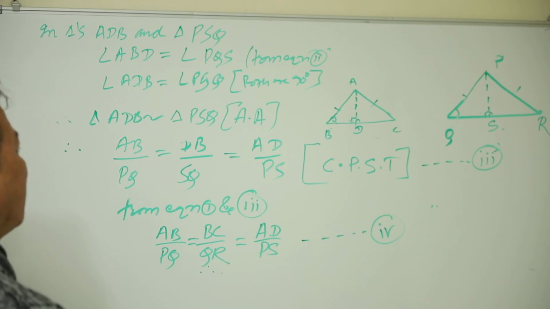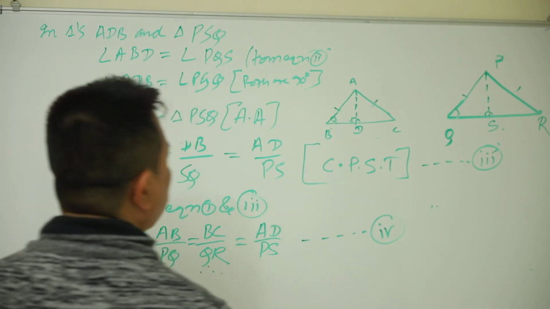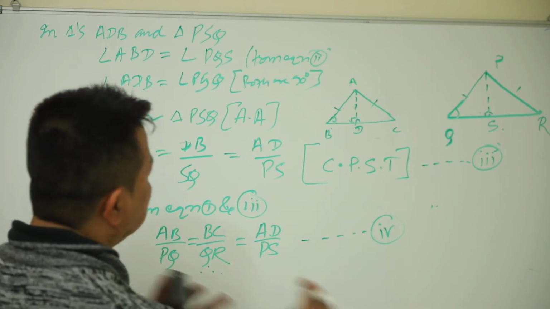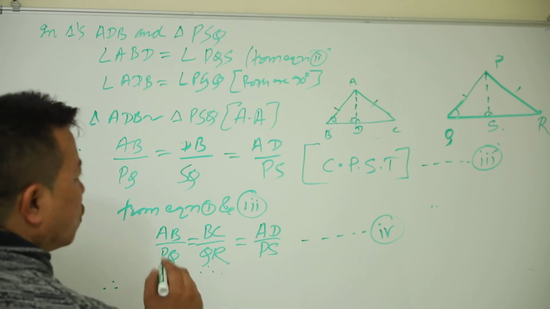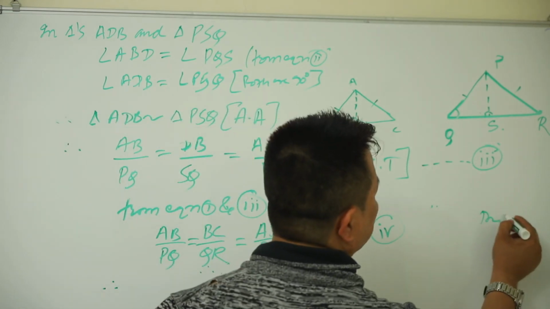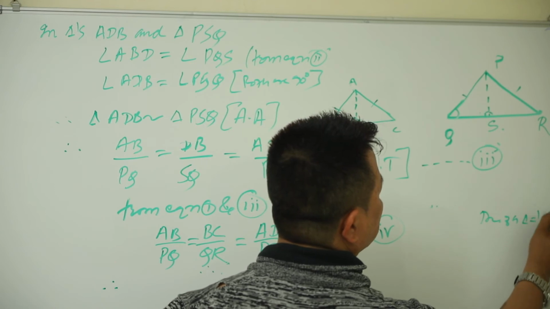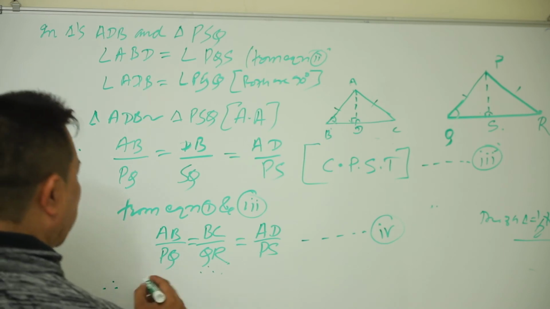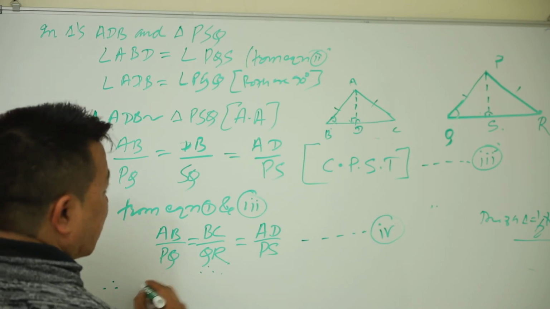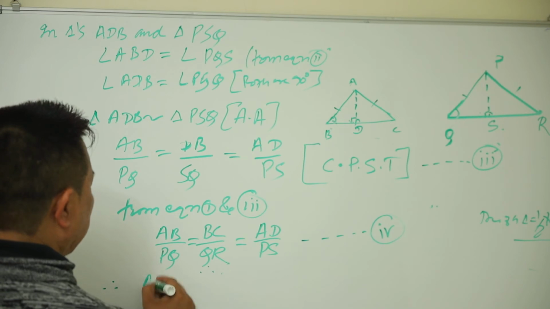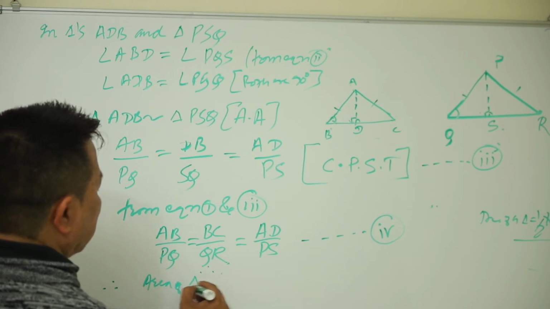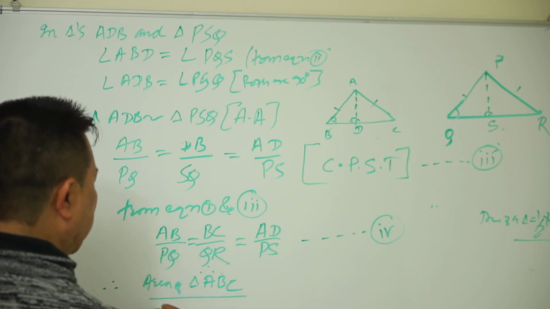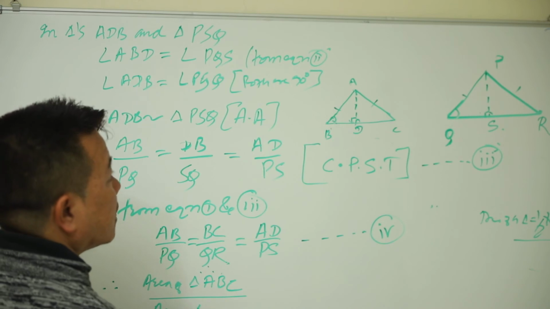Now we got our equation number 4, and now we need to find the ratio of the areas of triangles. Therefore, you know the formula of area of triangle, right? Area of a triangle, what is the formula? Half into base into height. So applying this formula, what you need to prove here? Now let's go to the end part of the theorem. Area of triangle ABC divided by area of triangle PQR